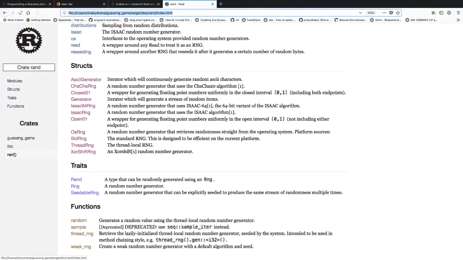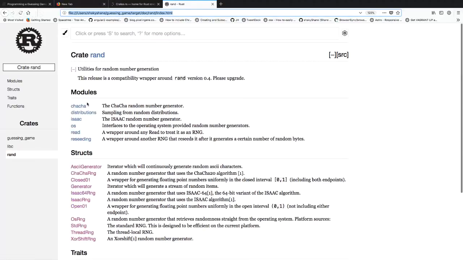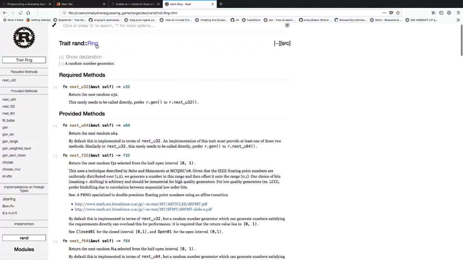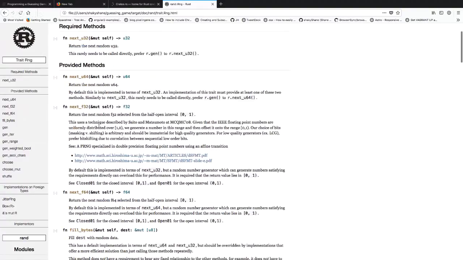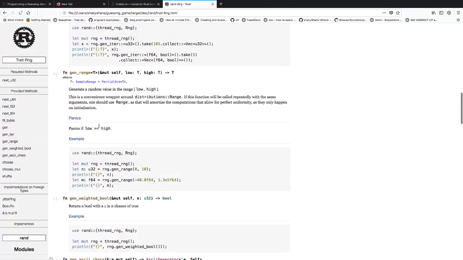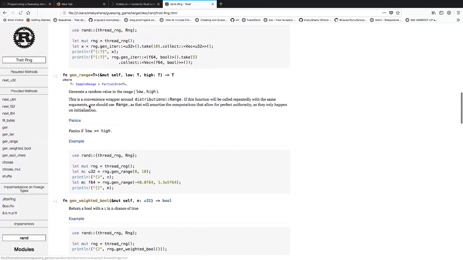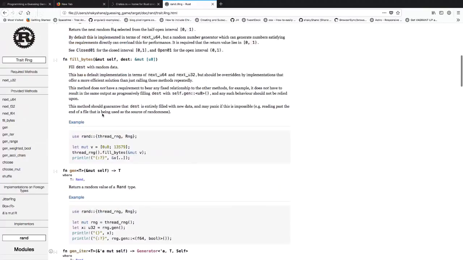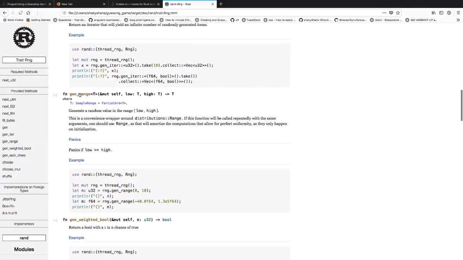documentation for rand. So imagine you're on a plane or something with no internet connection, and you needed to know what things you could do. Well, here they are. Interestingly, just for my own benefit, because I'm still learning all this stuff, that's the thing that we imported, and it meant that some methods got implemented. So we use that gen_range. So that's what I meant before, is we implemented this thing, but we didn't use it directly. But it's because it modified or added a method